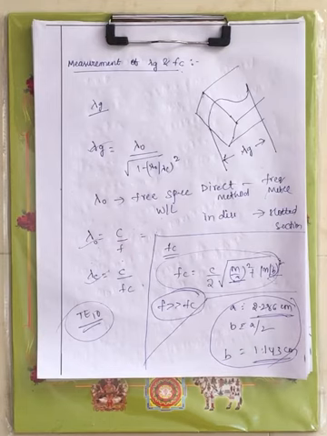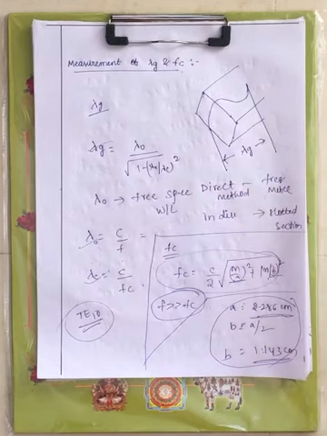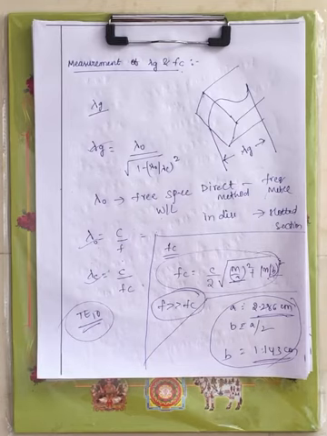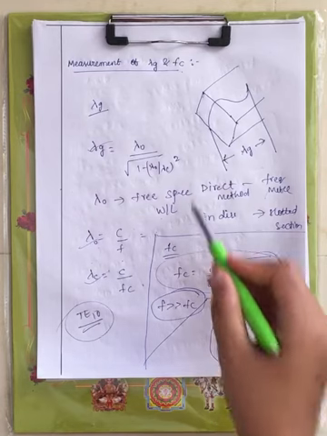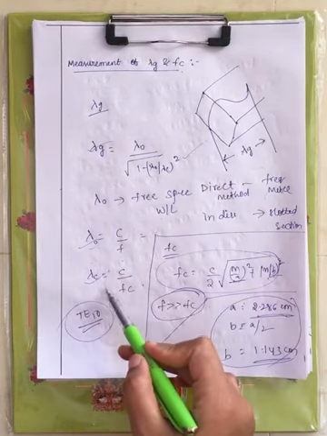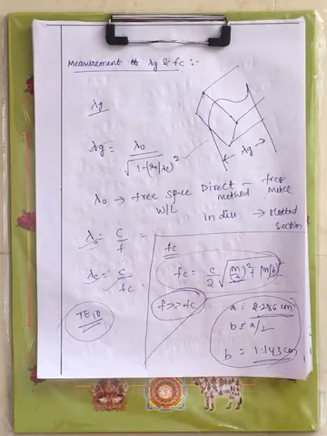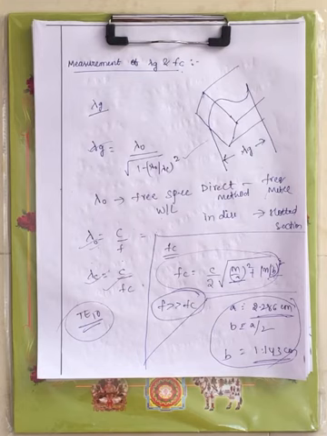Now this is about the experiment of lambda g and fc. Lambda g is nothing but guided wavelength, that is measured. What is guided wavelength? The distance traveled by the wave that is propagating inside the rectangular waveguide, that particular wave traveling inside the waveguide over a particular distance, right? That distance traveled by the wave in order to undergo a phase shift of 2 pi radians, we call it lambda g, and the expression is this one, where lambda naught is c by f and lambda c is c by fc. As I have said, any waveguide, not only a rectangular waveguide, any single conductor transmission line will act as a high pass filter.